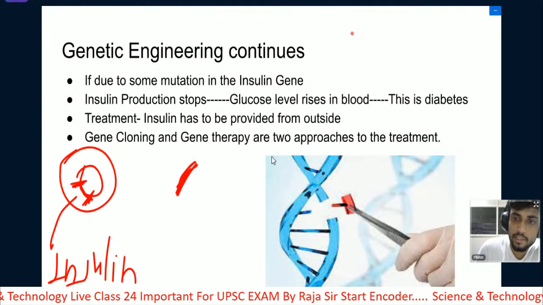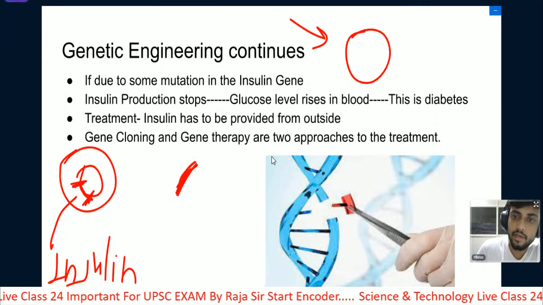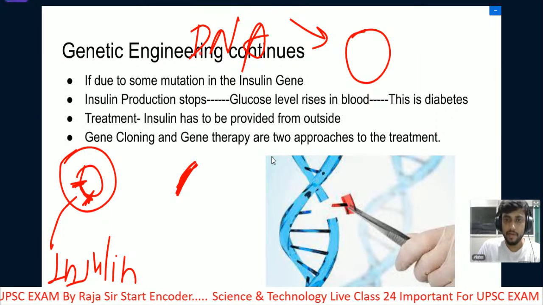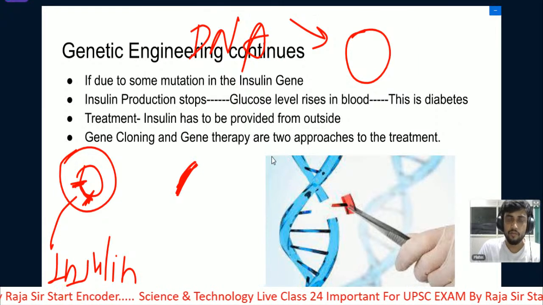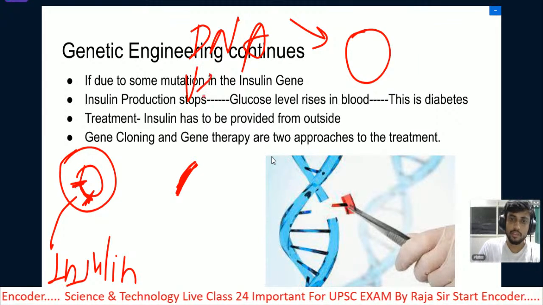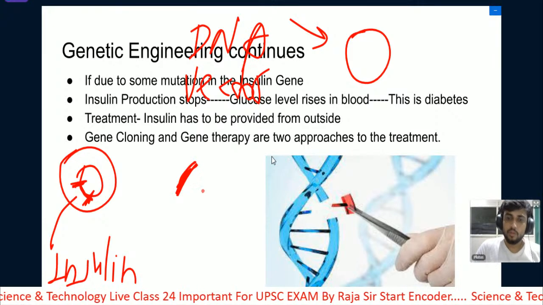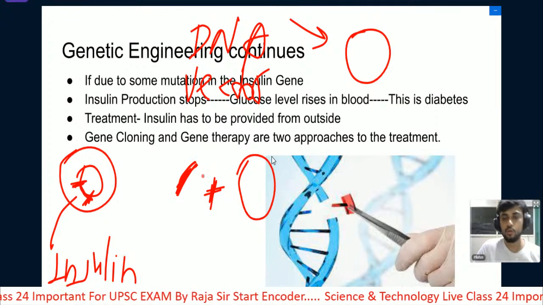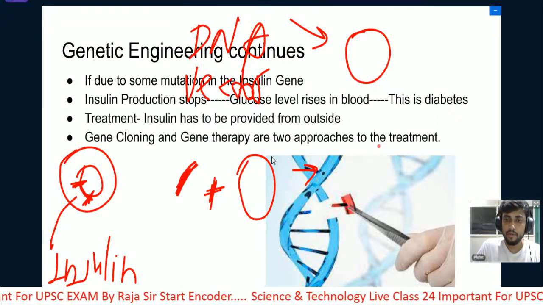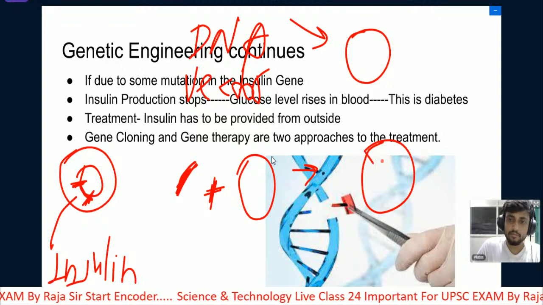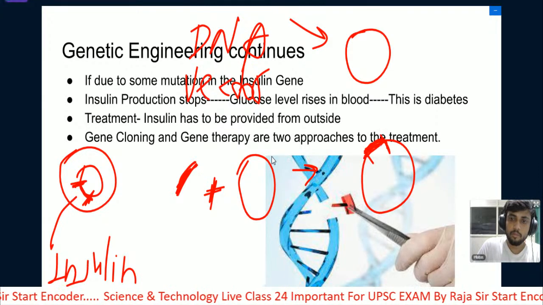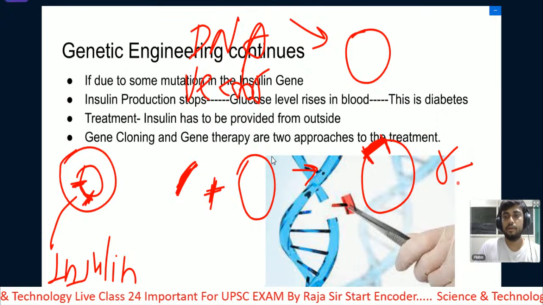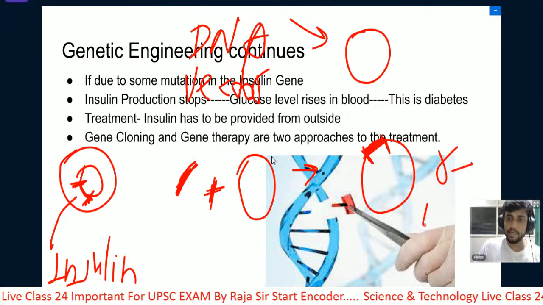Then there is something known as the gene vehicle. So this thing is the DNA. This is the vector DNA. And we take out this DNA from bacteria and fungi. Okay, so the name of this thing is vector DNA. So we will combine this gene, the insulin gene, with the vector DNA, which is also known as gene vehicle, and its product will be the recombinant DNA. We have superimposed the gene sequence over the DNA of the bacteria, and this is known as recombinant DNA.